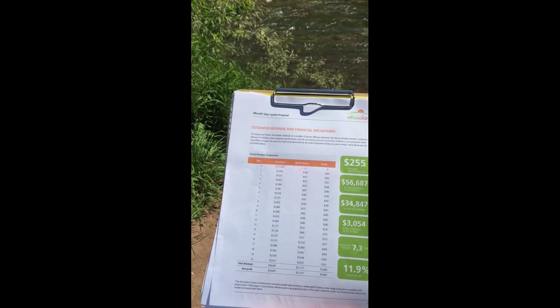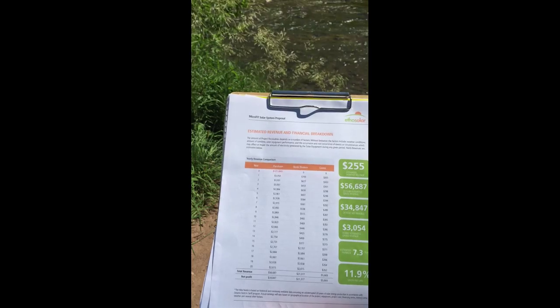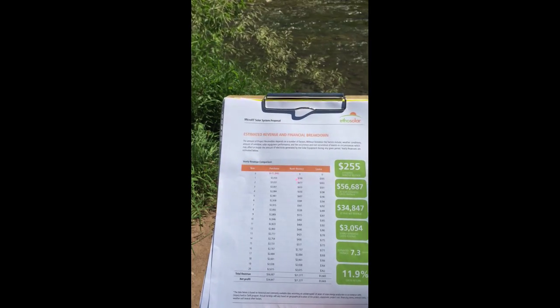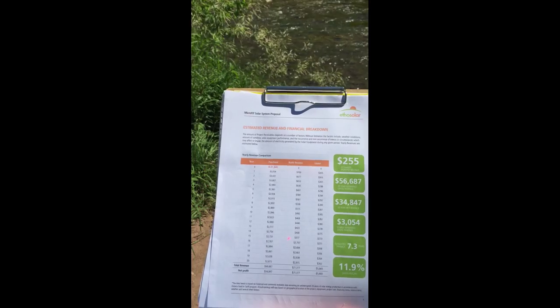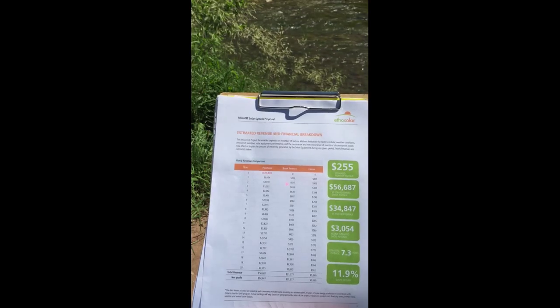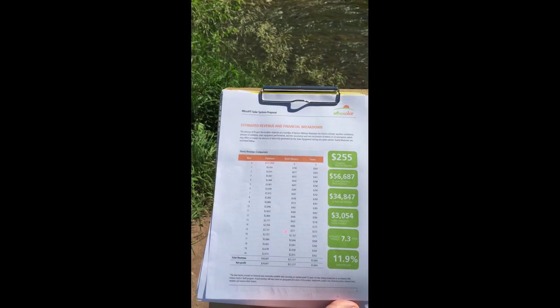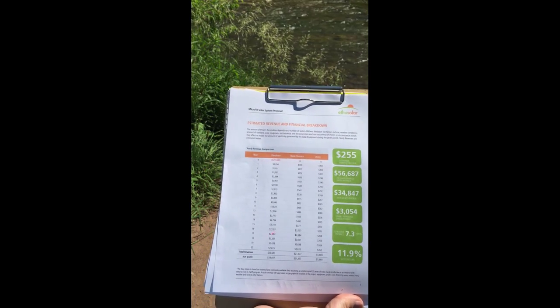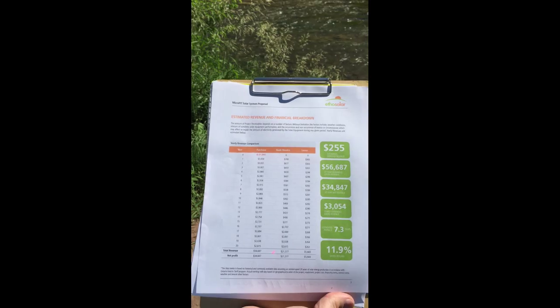On the bank financing, this is a real important part to pay attention to. If you've got a good credit score and qualify at 5.99%, you pay nothing. They'll amortize the amount of the investment, $21,000, over 15 years. And even in the first year, there's an excess of $700, the second year in excess of $677, and so on and so forth. It's paid off in 15. Then you get the full amount in year 16 of $2,707. And same thing for the 17th up to the 20th,